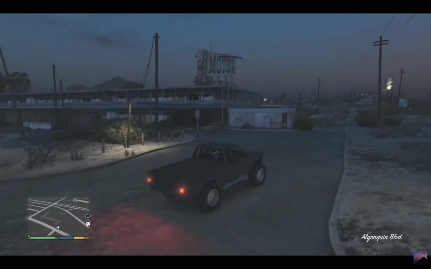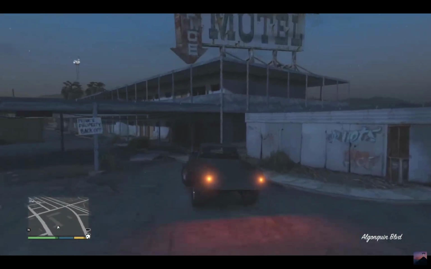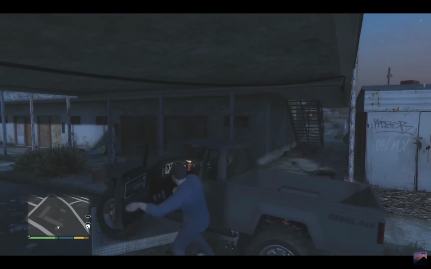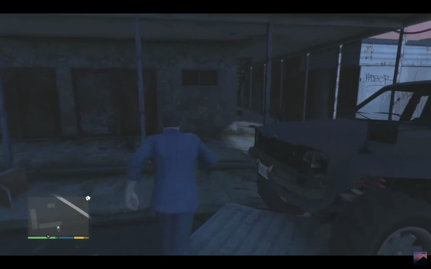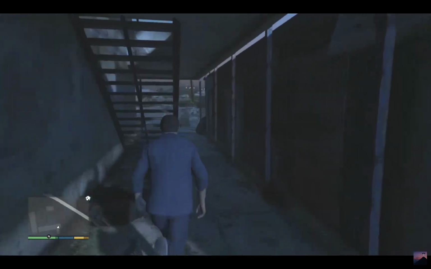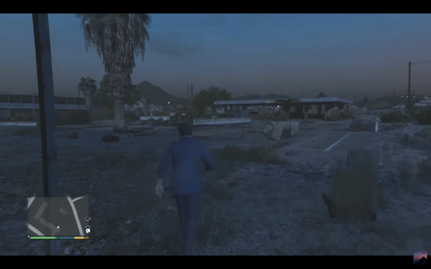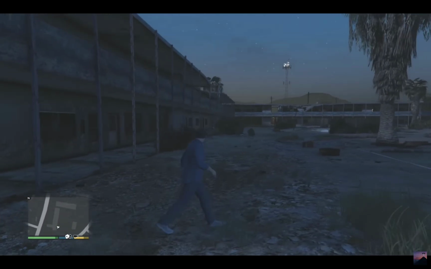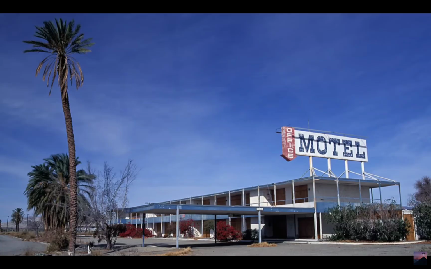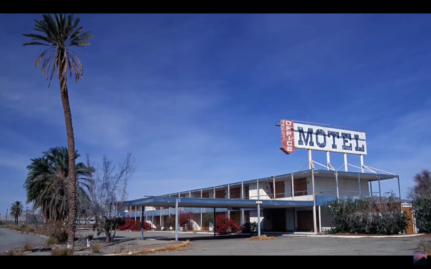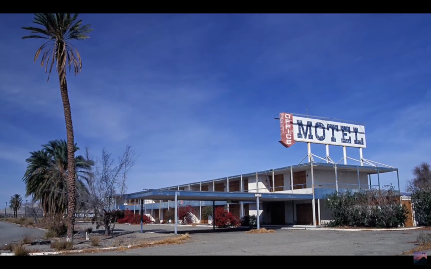This motel in GTA has a big history. A lot of fake videos were made here. It's an interesting area and it's definitely spooky at night with the smashed windows and the blood on the walls, but the backstory of this motel and why it's abandoned connects to the Salton Sea. You see, this motel used to exist in real life and it used to look exactly the same as it does in-game. In real life, it was called the North Shore Motel and it was right next to the Salton